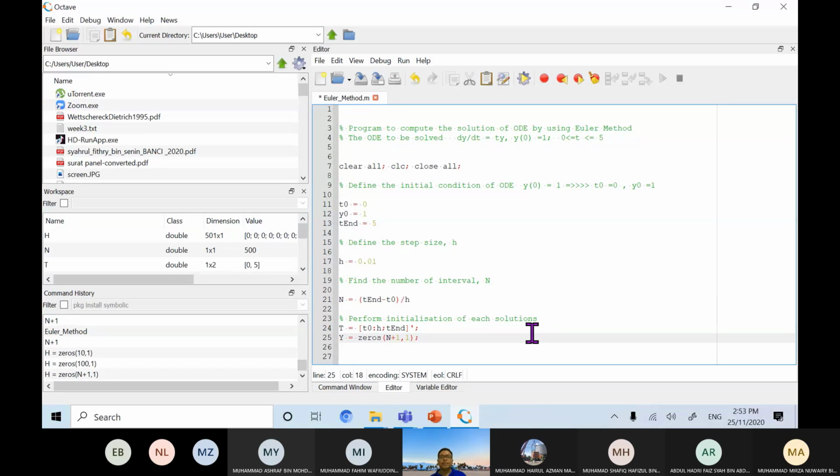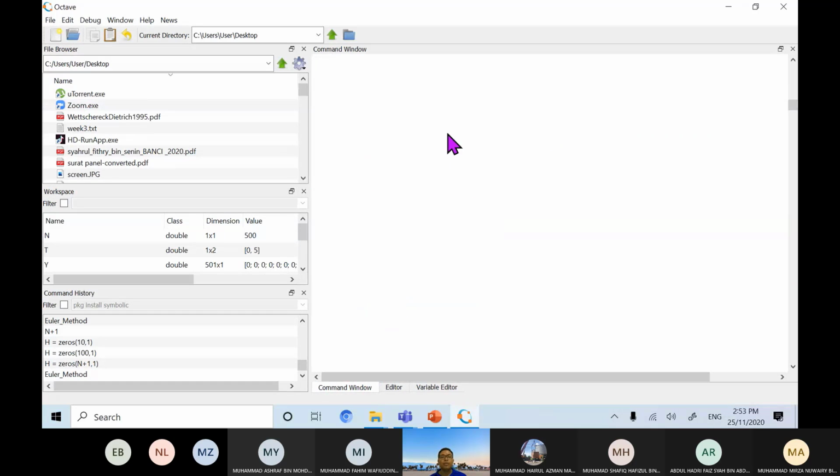So nampak ni, saya dah buat ni. Inilah yang saya maksudkan tentang initialize each solution. Each solution tu maksudnya you punya nilai T. Ya Allah, kenapa jadi begini? Saya tertarik ke bawah ni. Okey, tadi sepatutnya T equal to, okey. So your each solution meaning that you punya nilai T nak pair dengan nilai Y tu apa? So my T will be this and my Y matrix will be this. So if I run, okay, so kalau saya nak tengok saya punya T value,